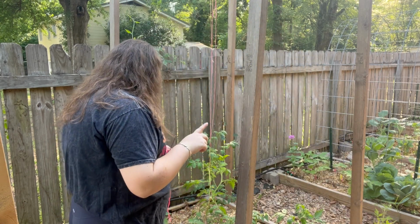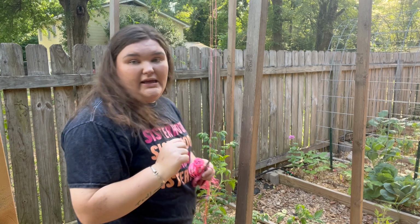I am going to trellis three more tomatoes tonight. Some of them are not big enough for me to waste my time on trellising them right now, especially when it's hot outside. So I'm going to put 3 more trellises on,